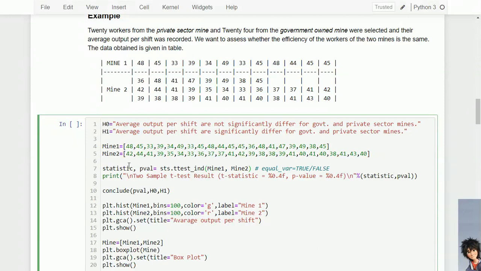Let's run. It will again provide a statistic and a p-value. Let's grab it and print it: two-sample t-test results equal to the t-test, likewise, and the p-value. Again we have to conclude, so by using the function we defined earlier, conclude with p-value, H0, H1.